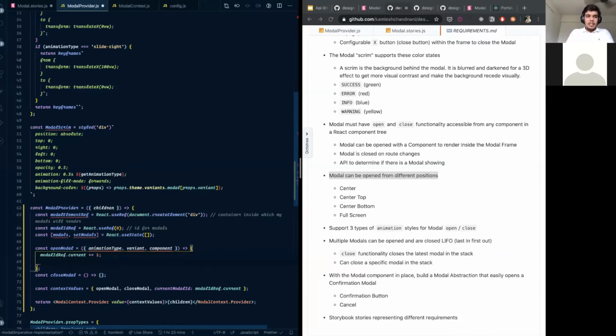Now how do I make my models work? So I have set models, which is basically my internal state, which is nothing but an array of models that controls how many models are open right now.